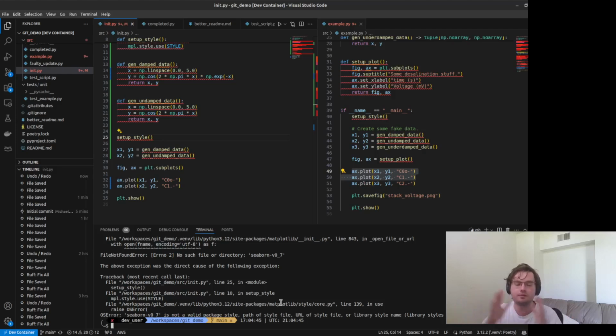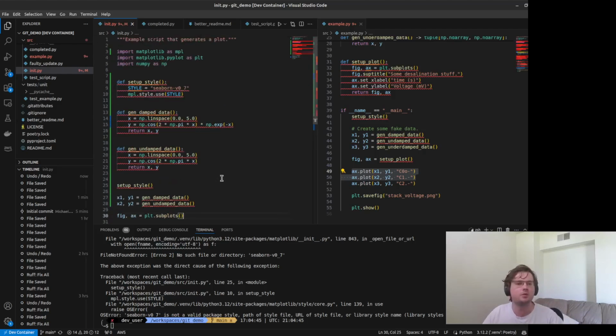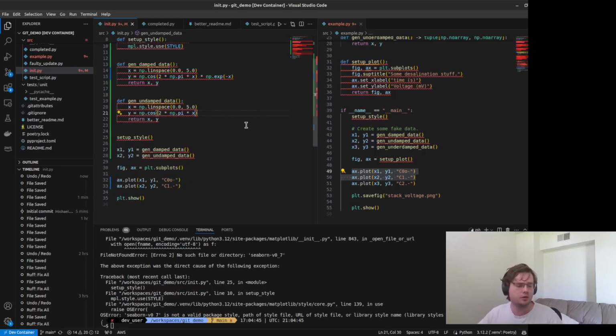Now, this is true if you have multiple people working on the same project, but it's also very true if you're working on individual sets of features. Like the example that I was saying before, maybe you have the idea that you want to swap over to using a different library than NumPy to generate this, but you're not really sure how it's going to work. But you still need to have the original code operational so that maybe Jeff can use it for his thing, or maybe you need to come and use it and make some changes, fix bugs or whatever. So being able to have a different version of your code that branches away from the main branch, that has a different set of features, but maybe isn't fully functional yet, and maybe you haven't decided if you want to move that back into the definitive version of your software, is very useful.